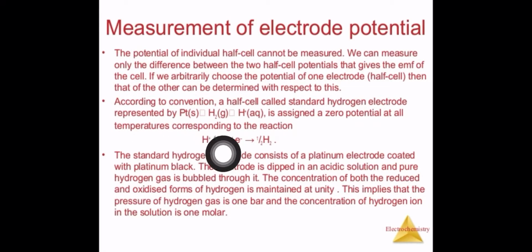represented by. Okay, so as I told you, one should be known. So how can we know the one? We are supposed to use the standard hydrogen electrode. Okay, so if there is one standard value of something, then another can be easily calculated. So for that standard hydrogen electrode, what are we using? We are using Pt, that is, platinum.